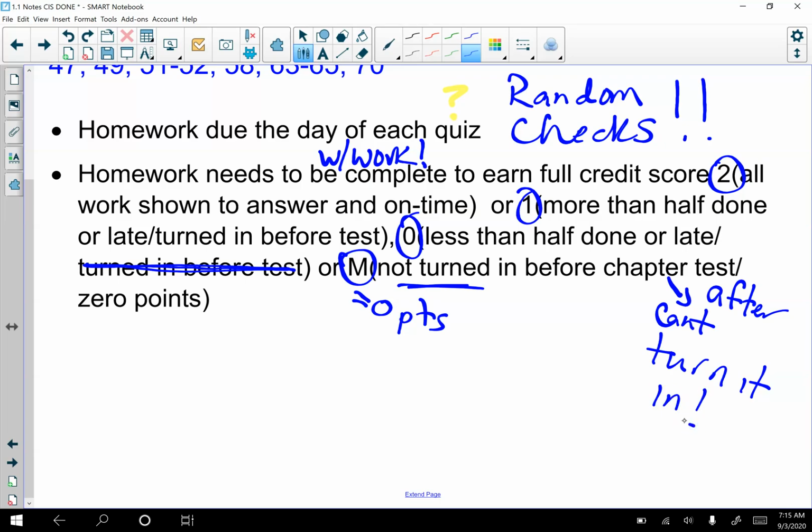So it would be very wise for you to get a 2 on your homework. You don't want to lose points on things like this, because you might lose points on the test or other areas. So please be sure you do your homework. And then during my video chats, you can ask me any questions on any